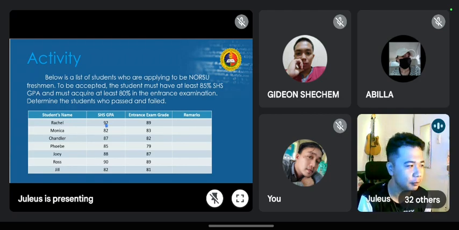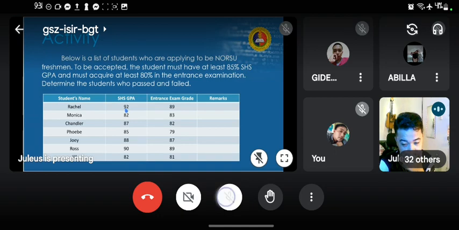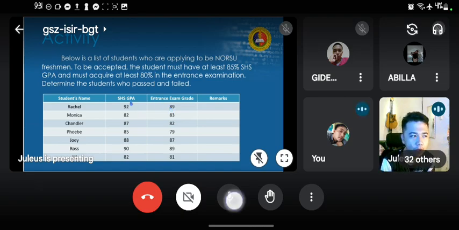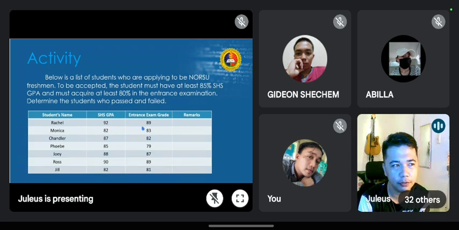Is that positive or not? Yes, sir. Okay, and then how about the entrance exam? Does she pass? Yes, sir. Therefore, since both of the conditions are met, Rachel passed.